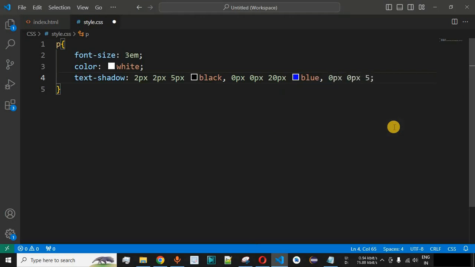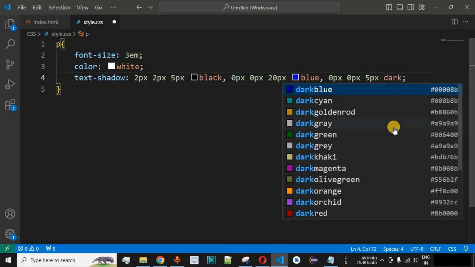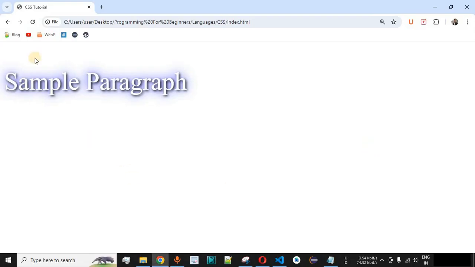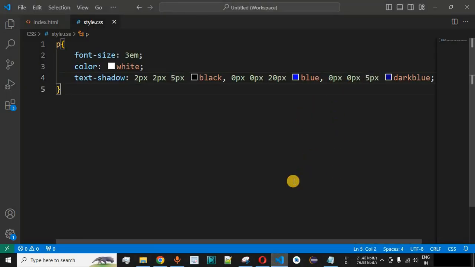And this time we are going to use 5 pixels of blur effect and then followed by the dark blue color over here, which is the darker version of this particular blue color. Let me just save this file now and try reloading this page once again on the browser. So as you can see, now it is more improved. The text is looking more beautiful this time. So guys, in this way you can use the combination of the different colors for the text shadows along with the different blur effects that we have implemented over here based on your requirements.